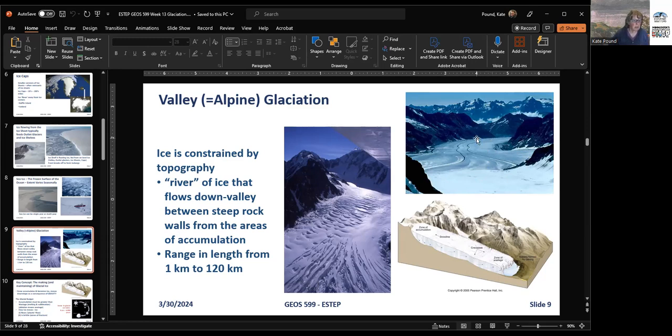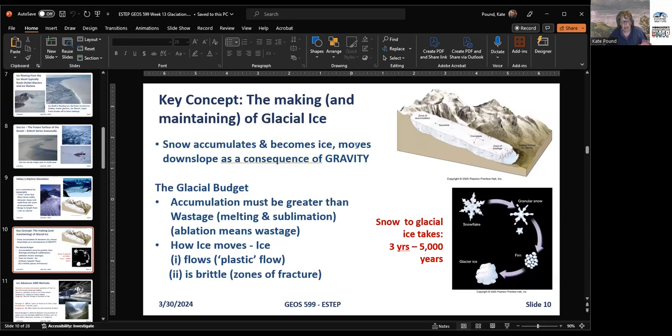So there's a couple of other concepts we're going to think about now. How do we make this glacier ice? Now, we have a lot of experience, maybe not this year, with ice and snow. So this won't be